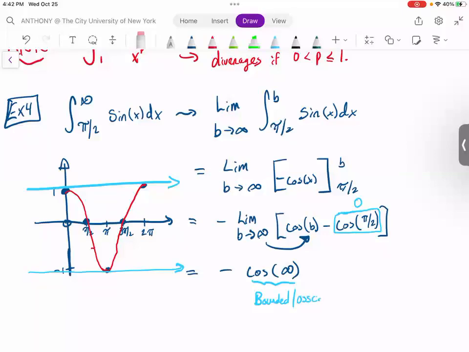Probably spelled oscillates wrong there. Oscillates is like saying alternating as well. Let me just look at the textbook for the right spelling. It oscillates between